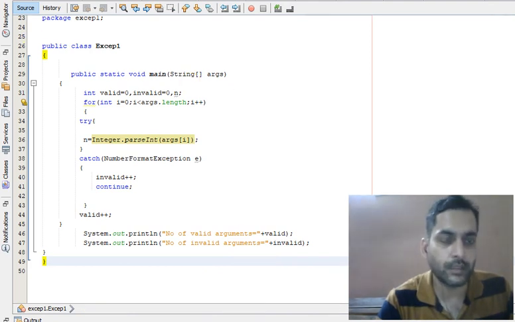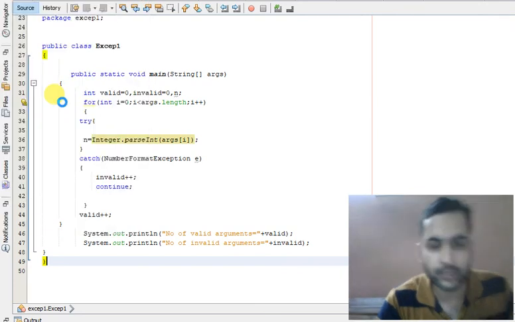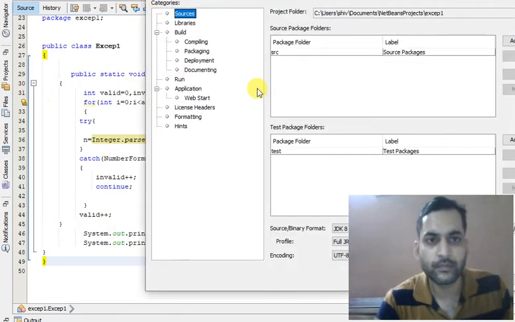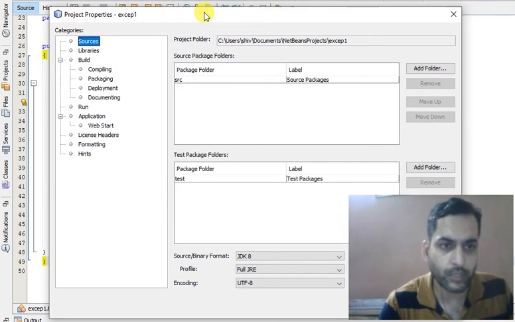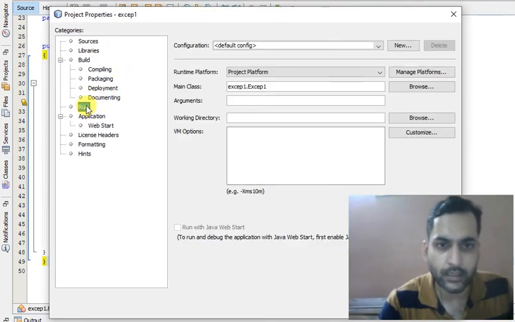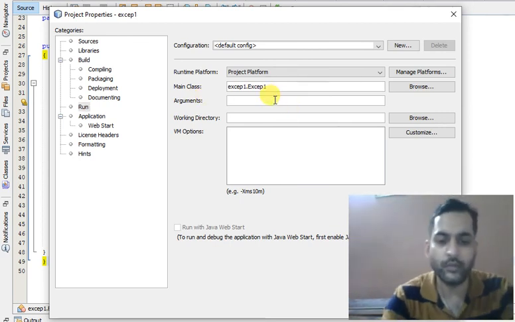Now let us open project properties. So this is project properties. Let us give the values. Now let us give some arguments.